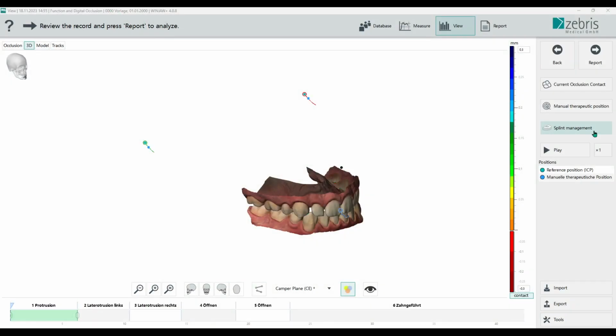I would like to present you now the workflow of the splint designer in our CPO software. For this, I opened a measurement from the module Function and Digital Occlusion. I'm here in the View mode, and here on the right side I found the button for the splint management.